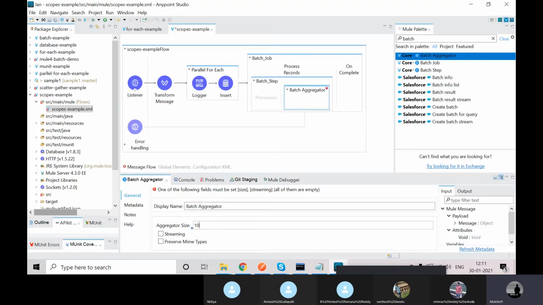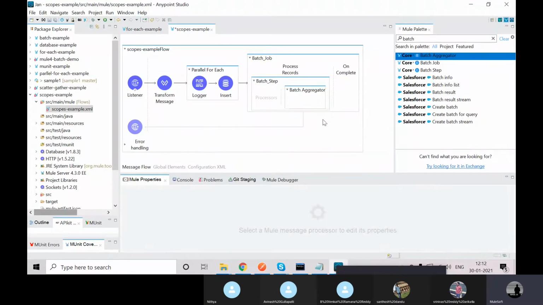Here I will mention 10, or otherwise I can mention 3, that is fine. Why? Because I have 30 records. If I mention the aggregator size as 3, it will create 10 batches, and every batch has 3 records. In this way we can mention the batch aggregator size.